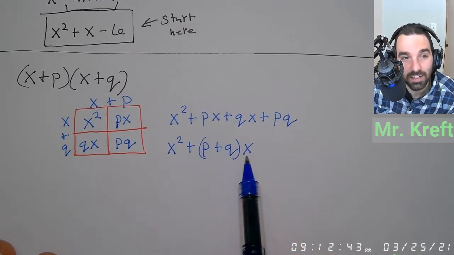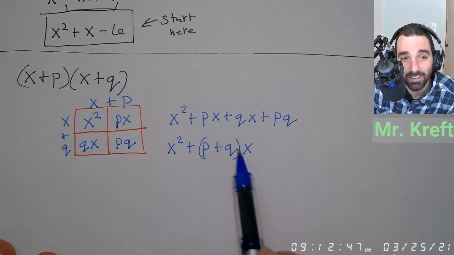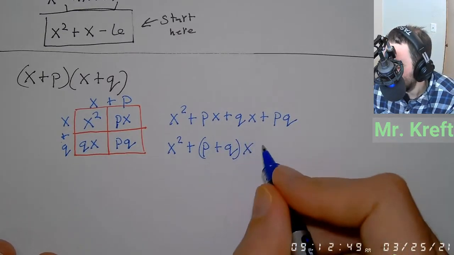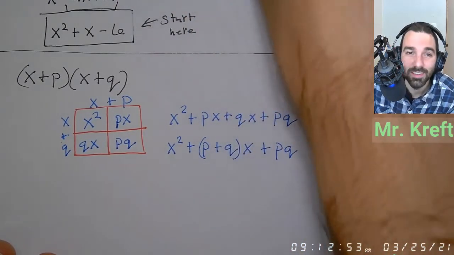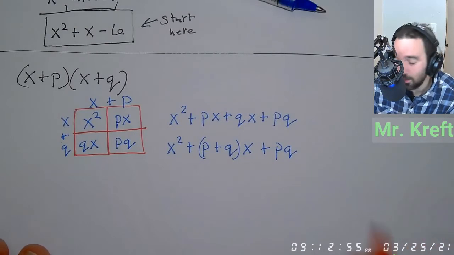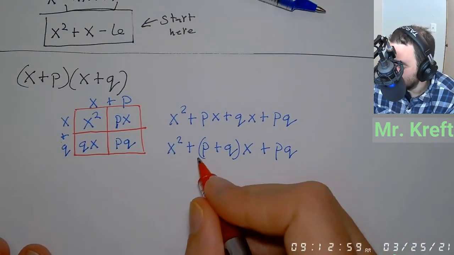So I just factored out an x, right? See how they both had an x in them? I'm just factoring out an x because they both had an x in common. And then I have plus pq. Now, this is it, guys. So make sure you have this down because this is the pattern. Notice here,